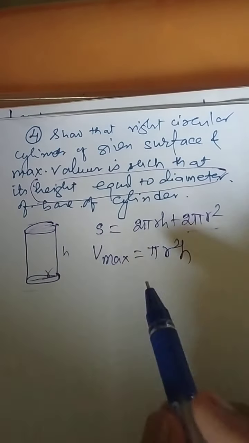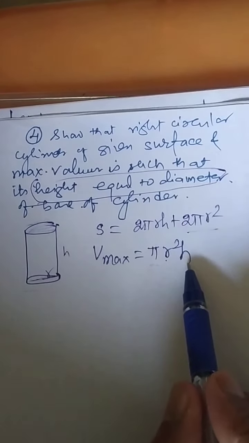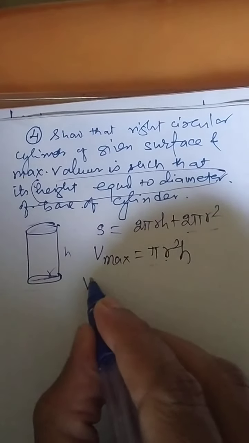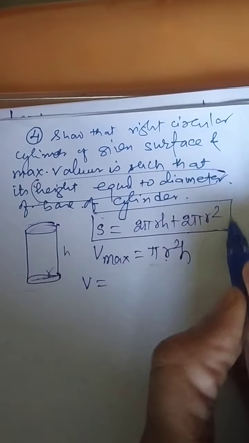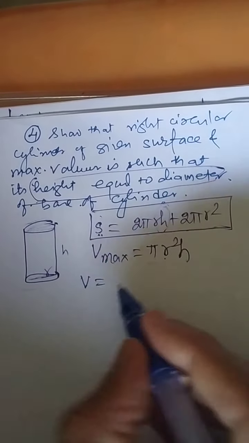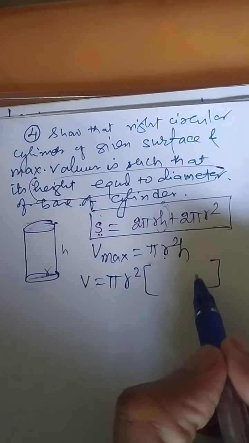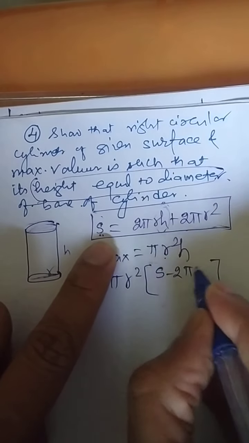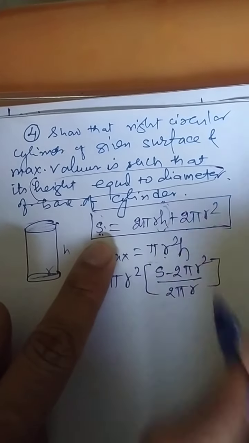Okay. Now again the issue is that this function is of two variables, one is R and the other is H. Try to convert it to one variable. Better option, the given thing is nothing but a constant, so I should say S is a constant. Now it is easy for you to get the value of H. So pi R square I am writing here and the value of H is replaced. What is the value of H here? This is S upon 2 pi R square, this is S minus 2 pi R square upon 2 pi R.